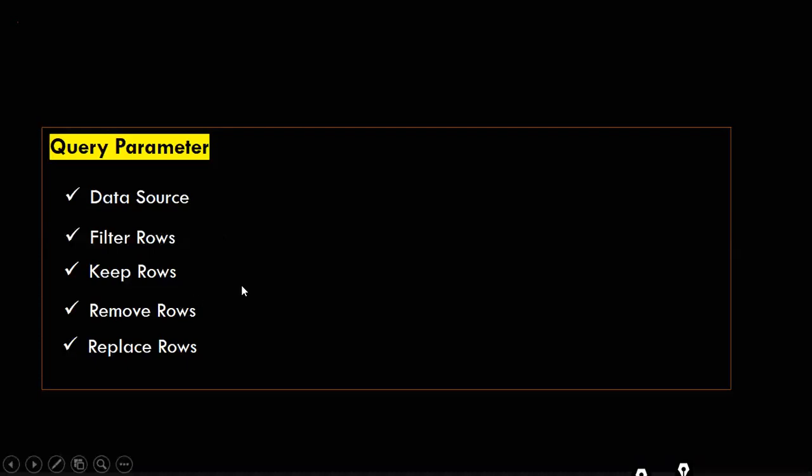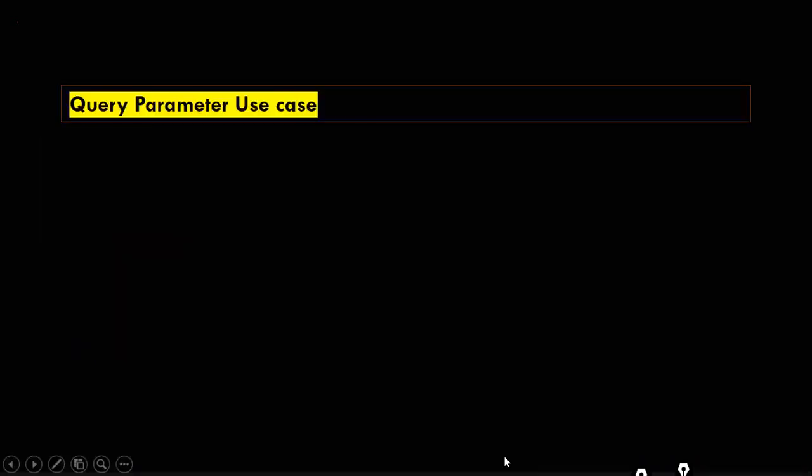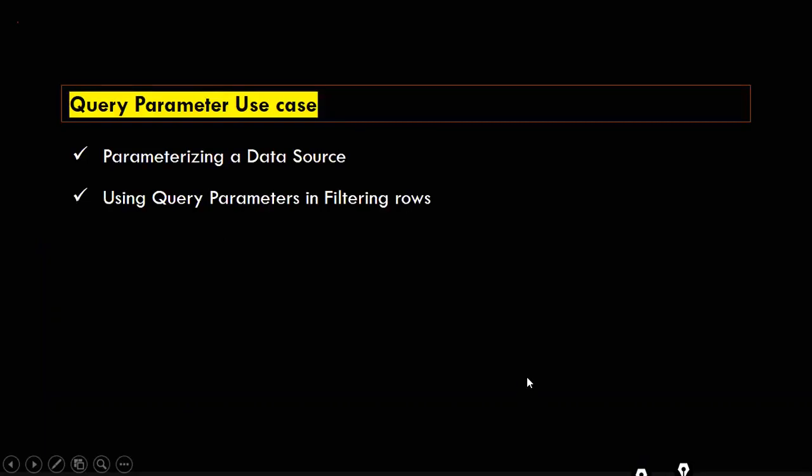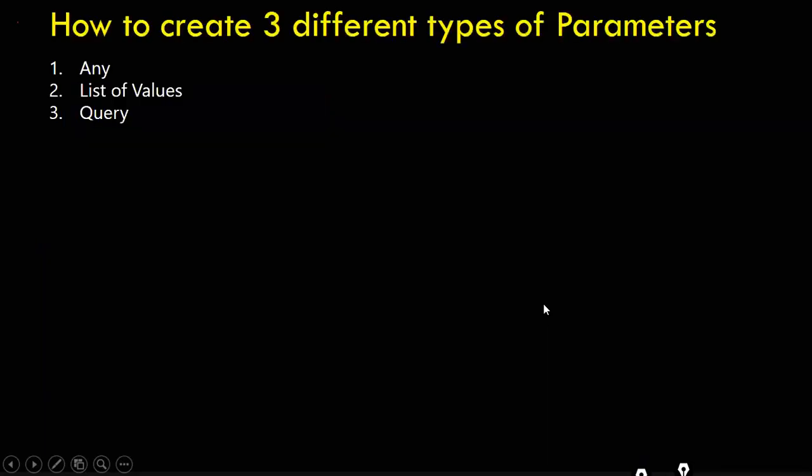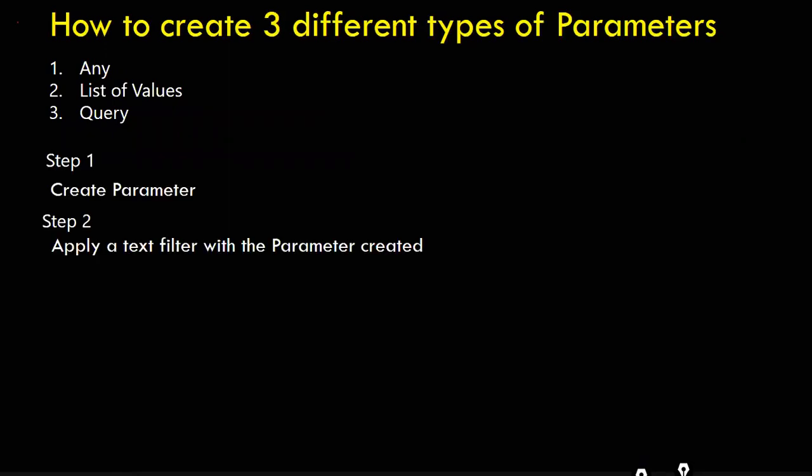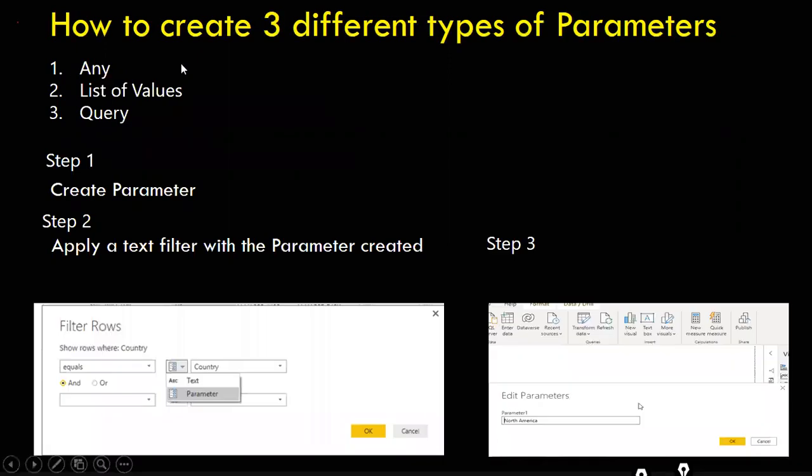So in that kind of situation, remove rows, keep rows, filter rows, data source, and replace rows, replacing the values in rows, this is very helpful. There are three types of parameters: Any, List of Values, and Query. We'll start by exploring what the Any query parameter is. There are only three steps. First, you need to create the parameter. Second, you need to